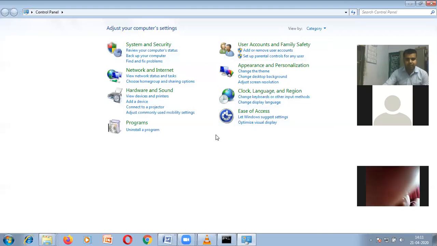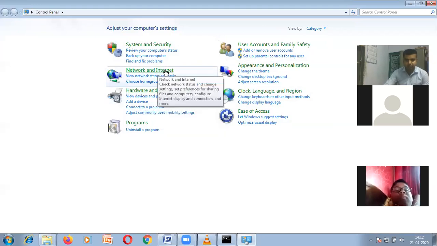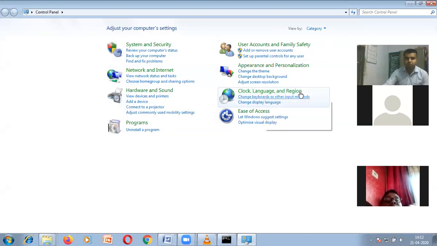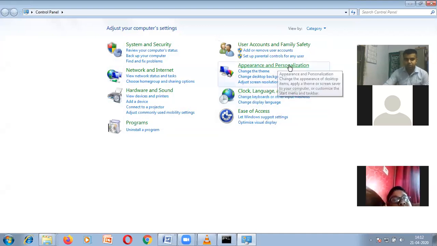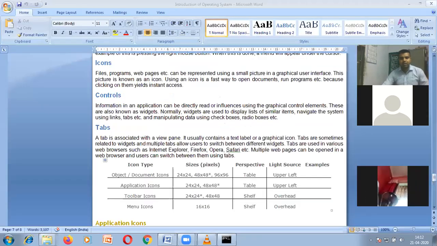Some will manage your hardware and sound, some will manage your networking configuration, some will manage your clock, time, and your place, your location from where you're using the computer. Some may be used to change your pictures, your design, your icon size. So all these things are called the control icons, and with the help of this, you can actually control all the things which are present in the computer.